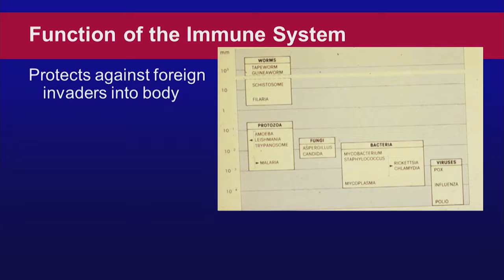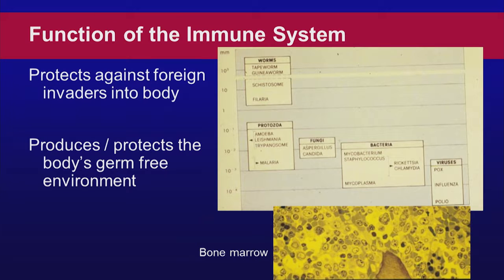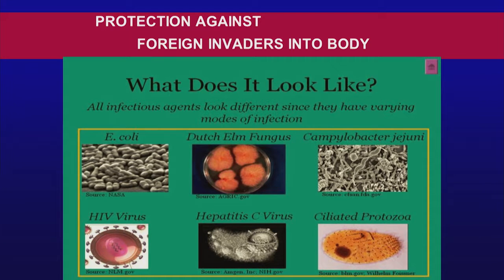These different things vary in size, but the immune system protects against those. It produces and protects a germ-free environment. For our bone marrow to produce the red blood cells and white blood cells, you need a germ-free environment for that to occur. And here we can see some bugs that are ready to get us: the HIV virus, E. coli. When I say get us, some of them live in harmony with us, but others our immune system very handily